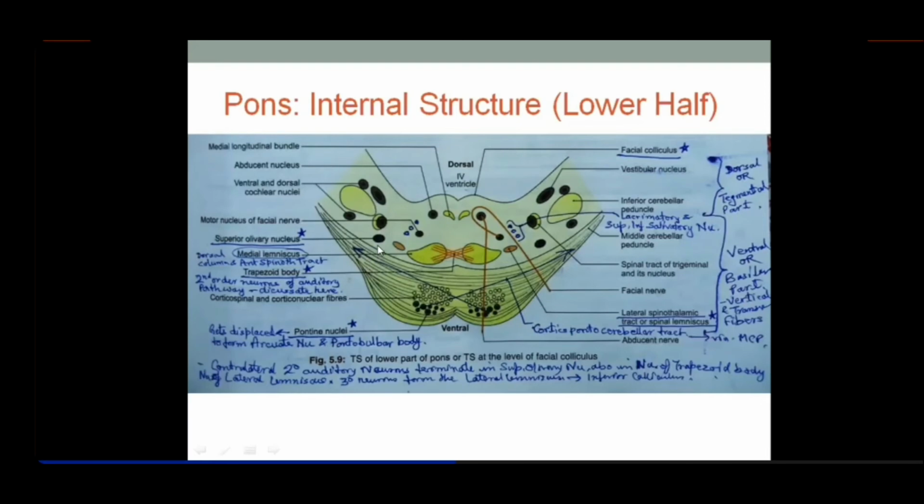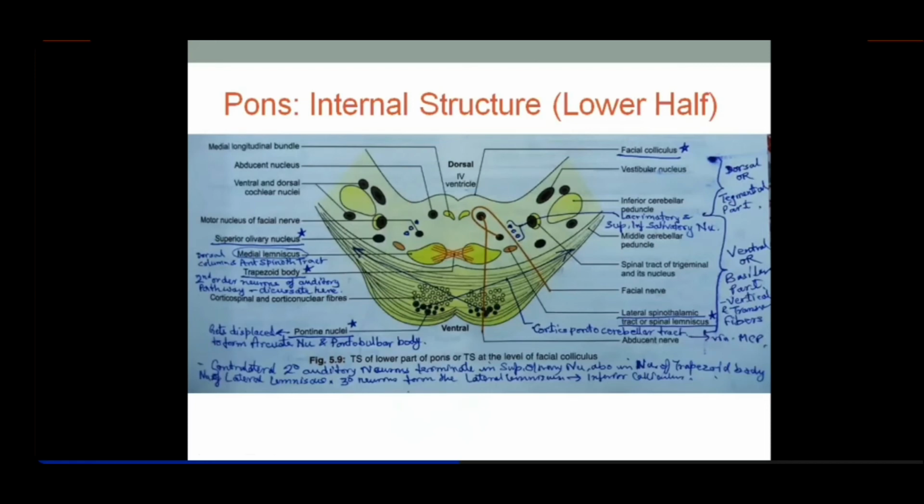Anyways, and about the superior olivary nucleus, it's a part of the auditory pathway. What else remains? Yes, the important thing that remains still is the inferior cerebellar peduncles. So if you imagine that, below down to here, this will be medulla here, right? And dorsally, the upper portion of the medulla is also opened up to form the fourth ventricle. So it's a V-shaped, diamond-shaped fossa, right? So the inferior cerebellar peduncle was dorsally placed.